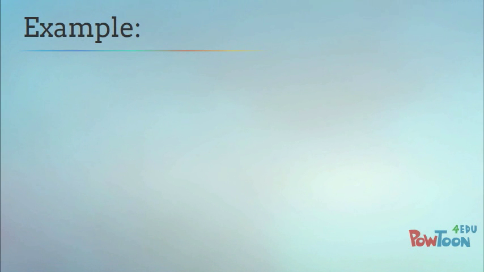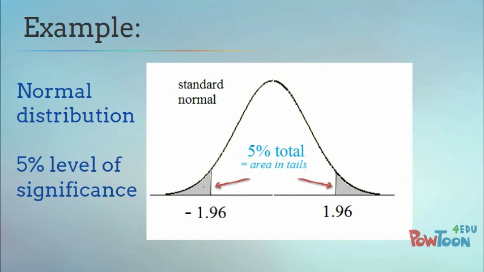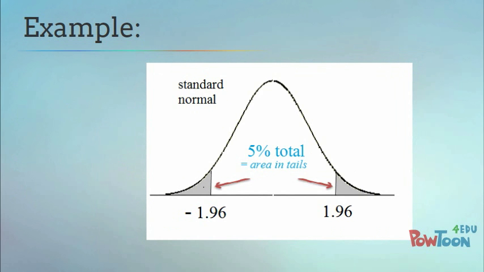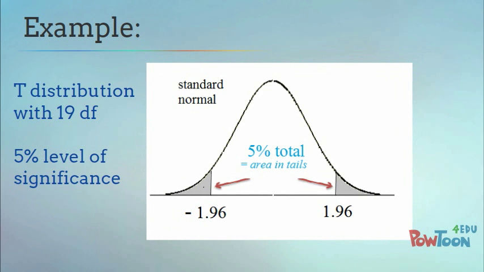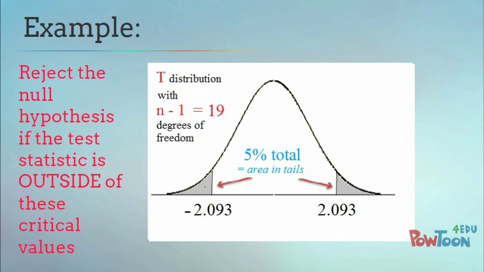For example, for a normal distribution, for a 5% level of significance, the critical values would be positive 1.96 and negative 1.96. If we had a t with, say, 19 degrees of freedom, we find critical values of 2.093 and negative 2.093 give 5% of the probability outside them, and we reject the null if the test statistic is outside